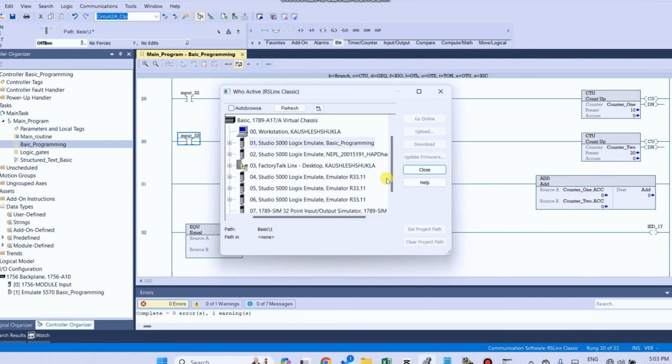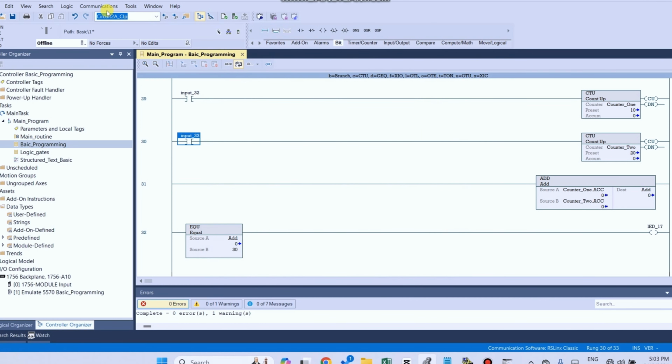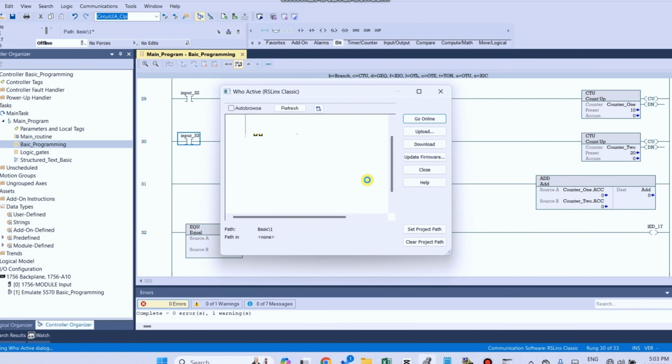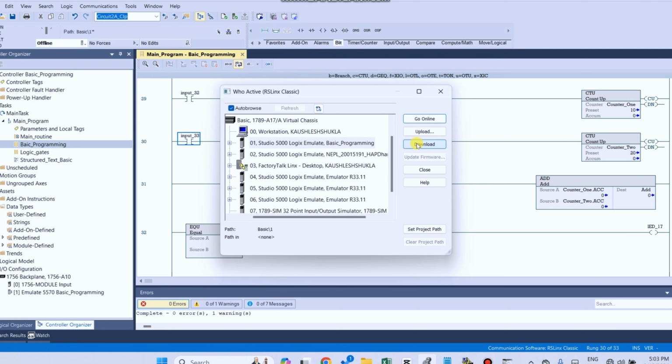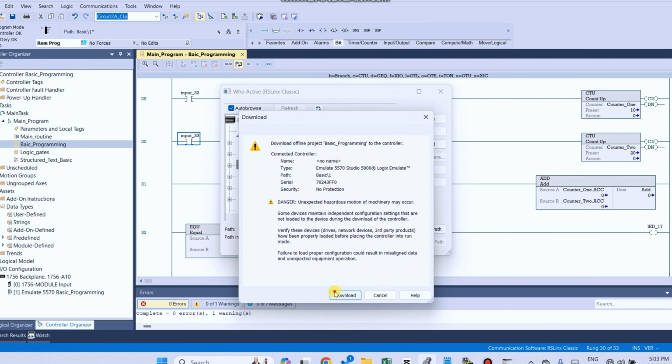Communication timeout. So let's check again. Click on download.